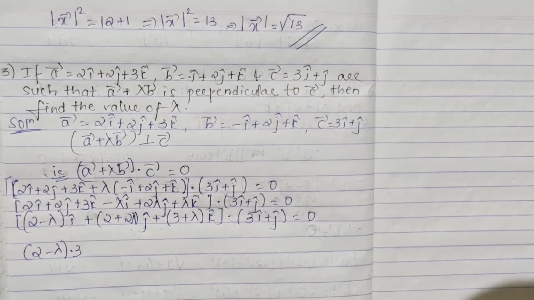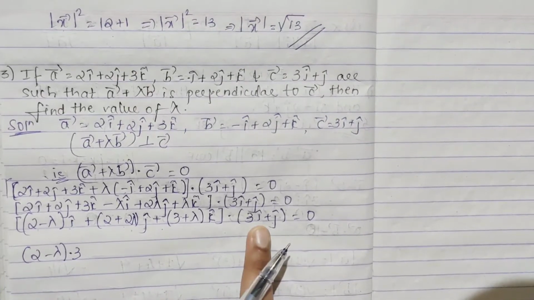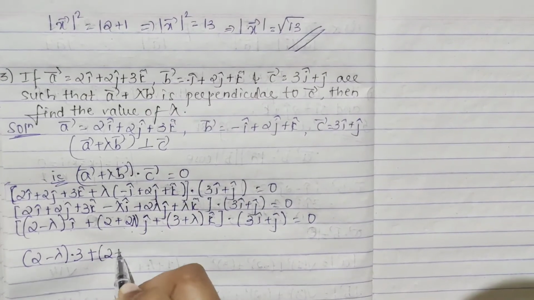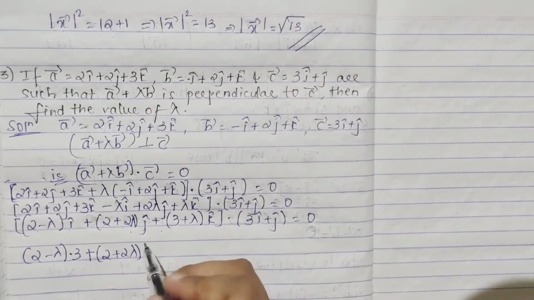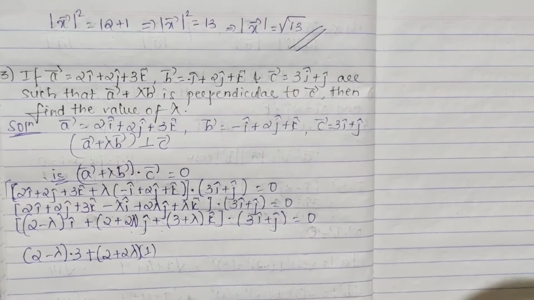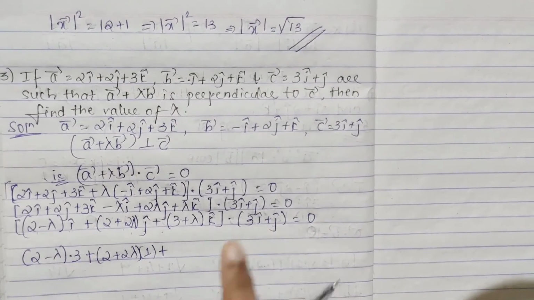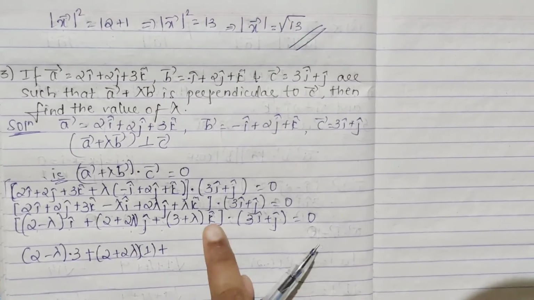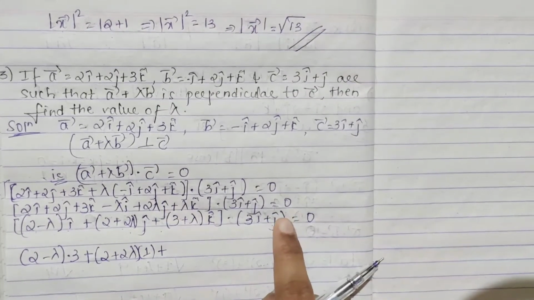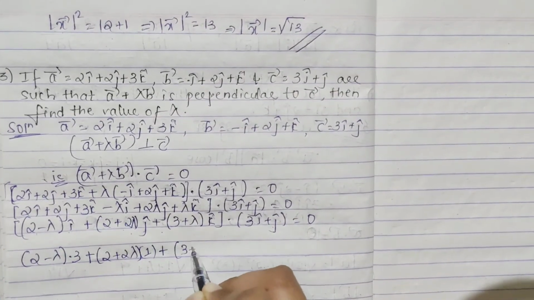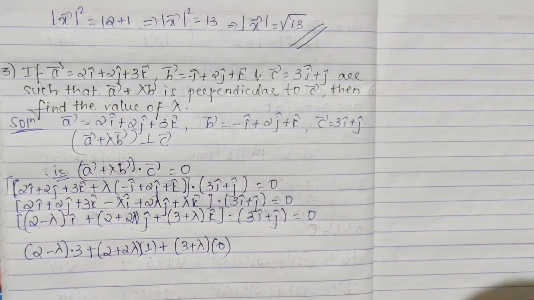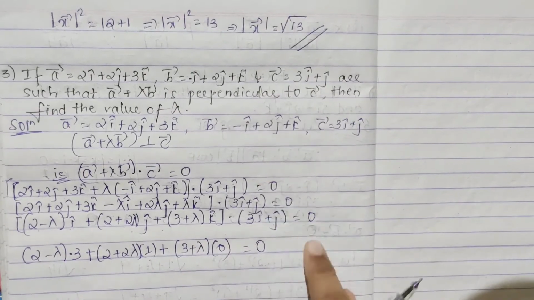So no need of multiplying for that. Same here, j into i will be 0. So no need of multiplying j into i, plus 2 plus 2 lambda j dot j, means here it is 1, right? j's coordinate is 1. So j dot j is 1, plus k into j, k dot j is 0, no need. k dot i is also 0. k dot k term is what here? Nothing is there, 0 it is. So if you want, you can write 3 lambda k of 0, or if you want, you can skip it because nothing is there. Now here k part is not there itself, and this is equal to 0. So right hand side equal to 0.